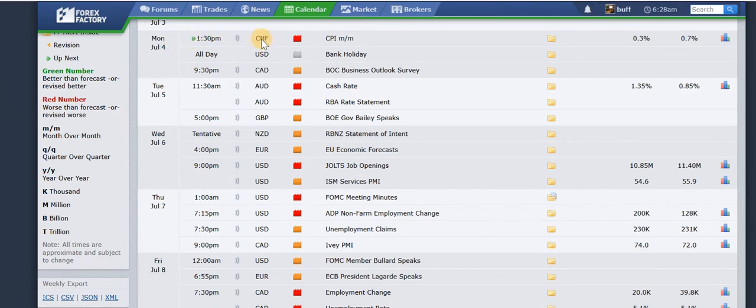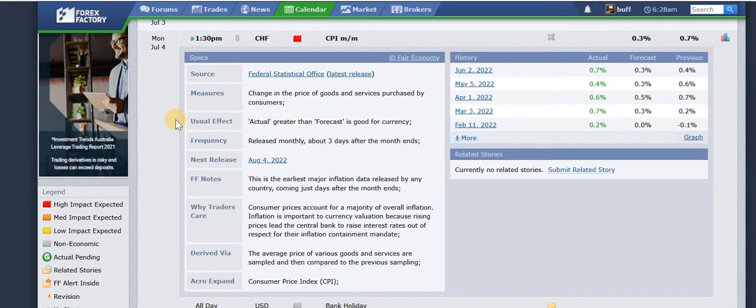So we normally look at the country, or the pair, that it affects, so Swiss franc or Switzerland. We've got CPI numbers, that's red. I'm only basically looking at the red ones. The reds are the important, high impact ones. If you want to see what it is, just come over to here and click on this yellow envelope, and you should get a pop-up box that explains what the news is. So if you're into that sort of stuff, you want to read up on it and see what's happened previously, and how it affects the market, this gives you a brief overview.